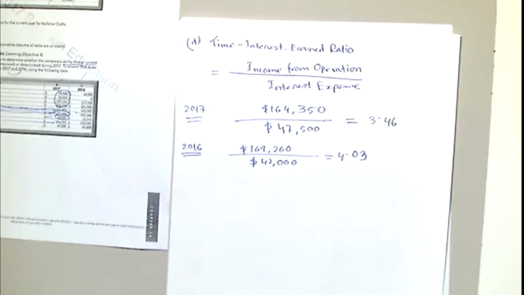Okay? Yes, please. Okay, good question. What's the reason? Because maybe they have more liabilities, so their interest expense is getting higher, right? And their interest expense